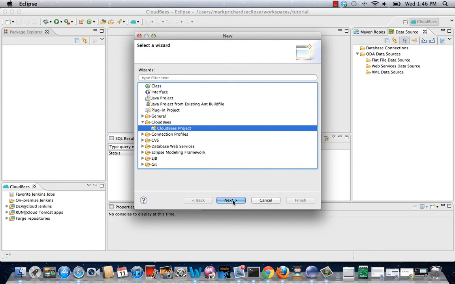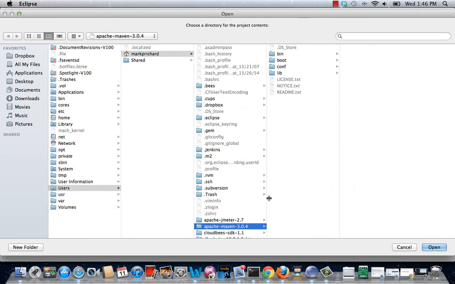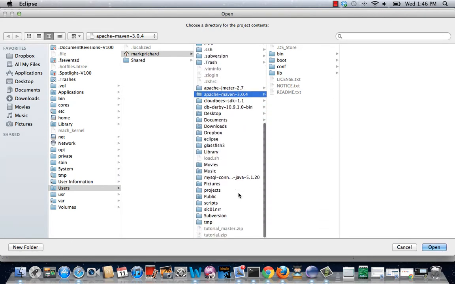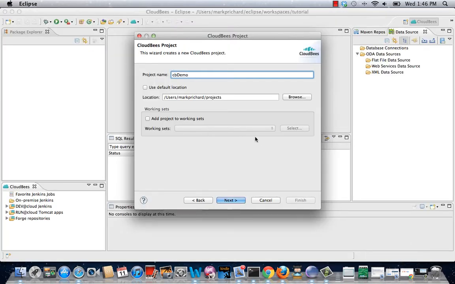I'll just call this CloudBees Demo. Instead of that, I think I'll use a different location, so I'll put this in my projects directory and create a new project there called CloudBees Demo,